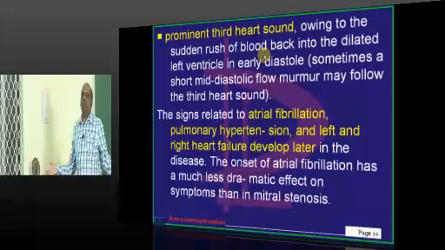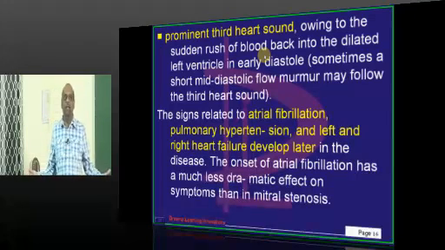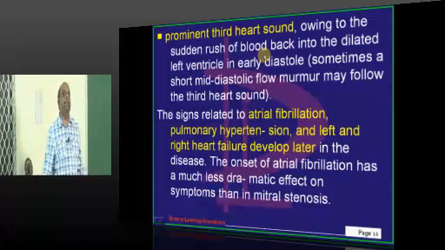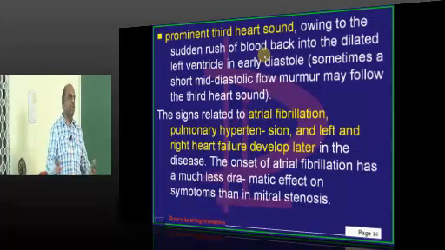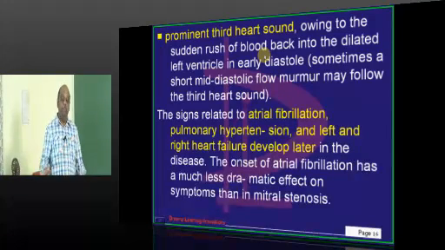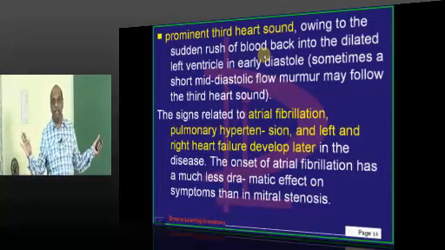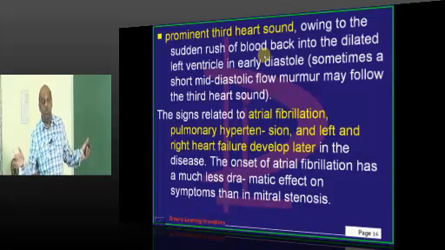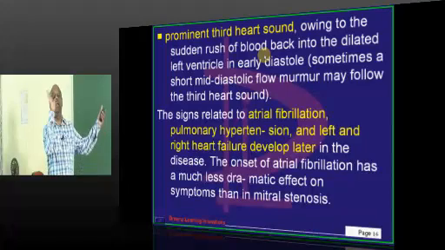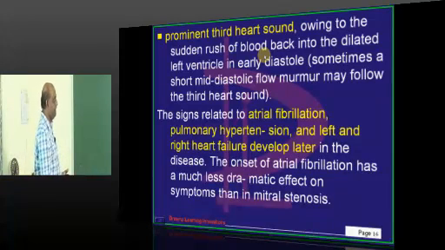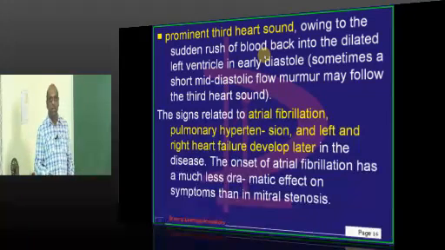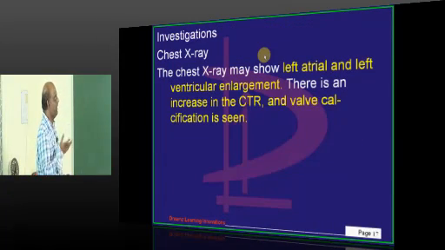The moment the ventricle fails, what do you listen to? You listen basically to a third heart sound. Third heart sound is not a feature if there is pure mitral stenosis. Let me tell you, pure mitral stenosis में कभी भी heart enlarge नहीं होगा और कभी भी third heart sound सुनाई नहीं देगा. Only in MR, the left ventricle fails, it dilates, and a third heart sound will be heard. That's a very important question. Ultimately, there is development of atrial fibrillation, pulmonary hypertension, left heart failure, right heart failure, etc.